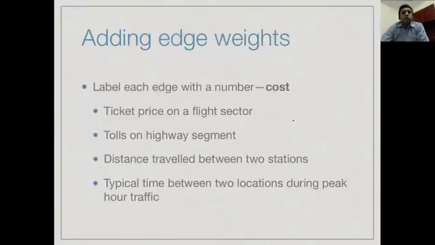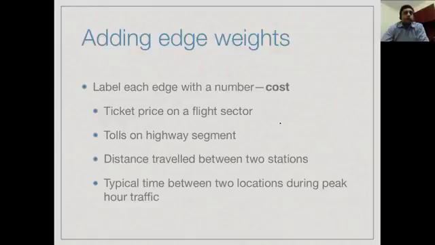Now we look at what happens if we add costs to the edges. Depending on the application, these costs have several natural interpretations. For example, in the initial example of a graph, we looked at an airline routing map. On such a graph, the edge weight, the cost associated with an edge, could be the ticket price on the flight. Or if edges represent roads in a network of highways, then we might have a cost representing the